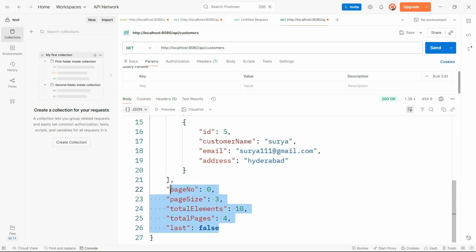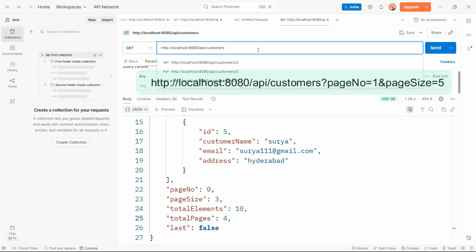In the response, you can see the required details. That is page number, page size, and total elements. See, these are the total elements and total pages. We have 4 pages. Is this the last page? No, it is not the last page. Like this. And we can also provide pagination parameters like